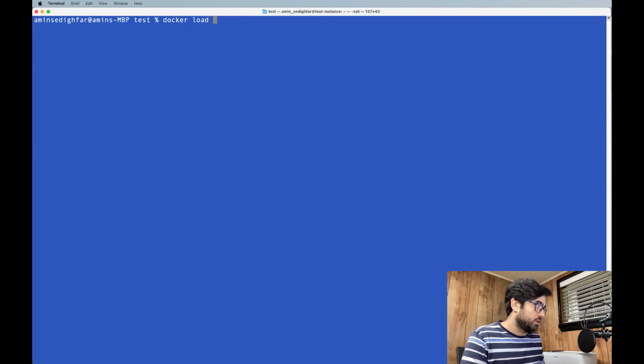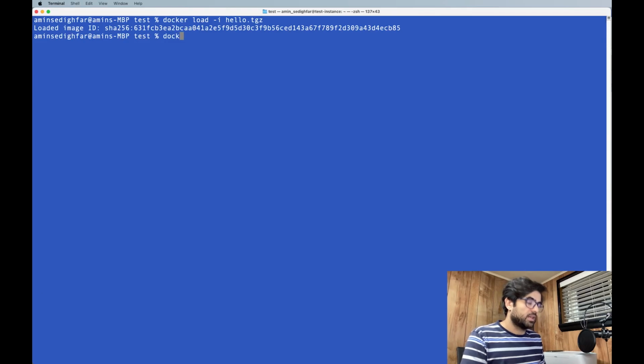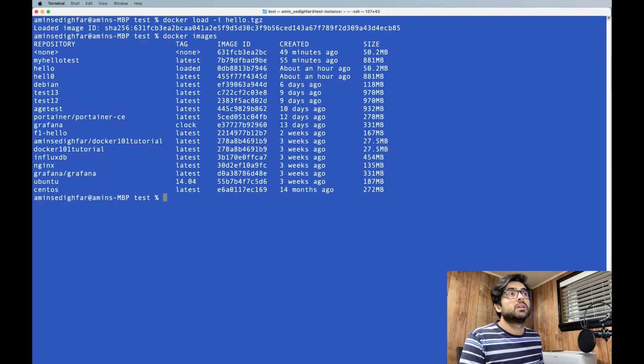do docker load -i and the file, because we are in the correct directory. Hello and tgz. The same thing happened. Docker images, it's here with the name none, so we do